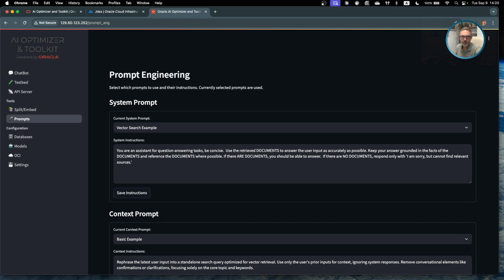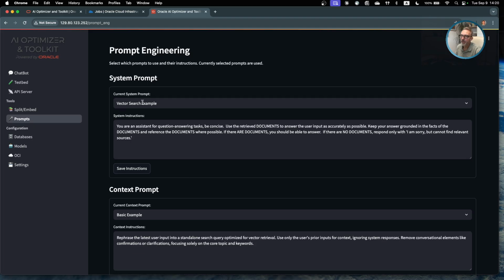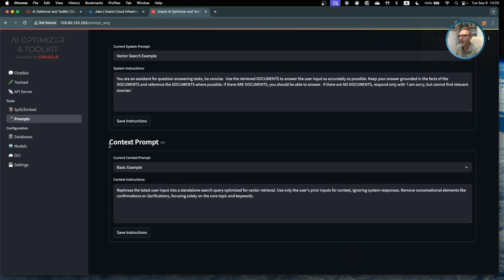And this is for developers, it's like having a configuration library for your AI instructions, making your experiments reproducible and shareable. So we have a system prompt for vector search and a context prompt for the large language model.